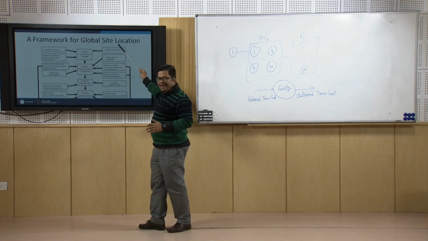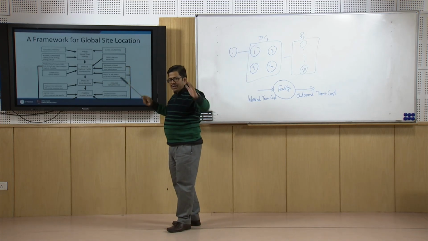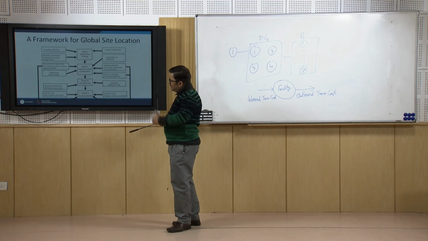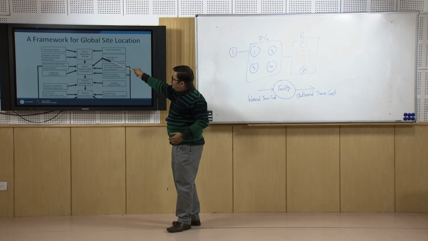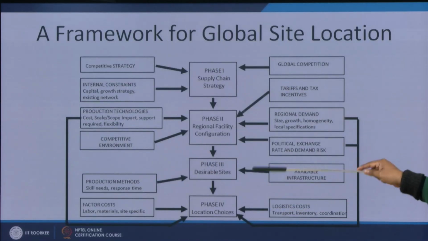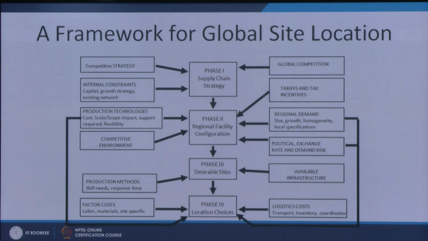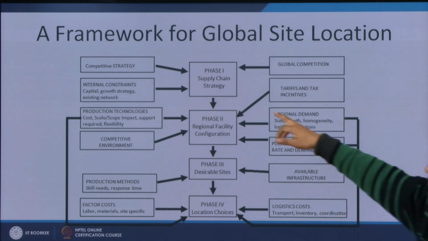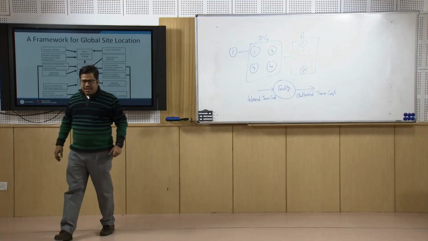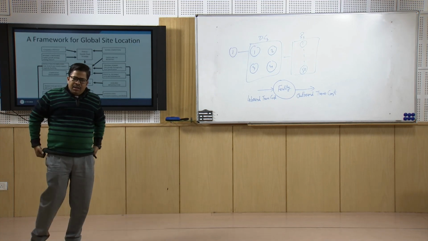how do we select the site in a global environment? What are the different phases involved? You see, this is a 4-phase process, phase 1, 2, 3, 4. The process starts with the supply chain strategy. This is the first stage of our site selection, that what is my supply chain strategy, because all